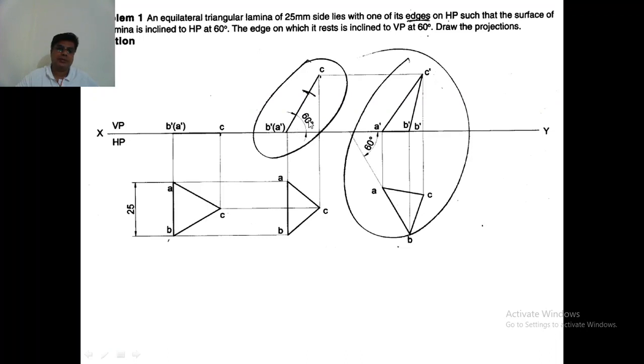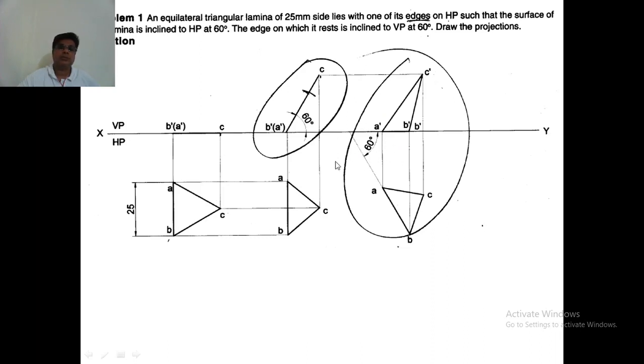The surface is inclined to HP at 60 degrees, which is seen in the front view, and the edge is inclined to VP at 60 degrees, which will be seen in the top view. So remember this point: any inclinations with respect to HP will be observed in the front view, and any inclinations with respect to VP will be observed in the top view.